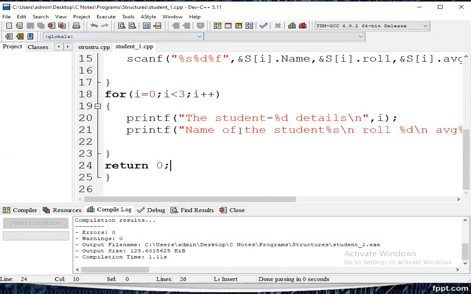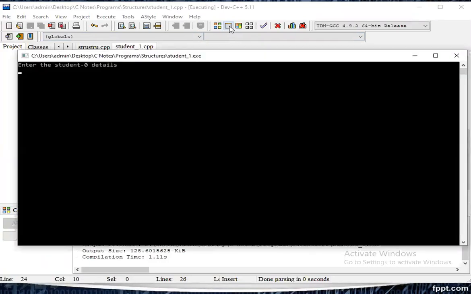One more time I will enter properly without any confusion. Please don't be confused. First field is name: A, B, C. Next, roll number 201. Next, percentage. Next, X, Y, Z. Next, 202. Next, some percentage. Next, the third one; you can give your own name or anything, no problem.